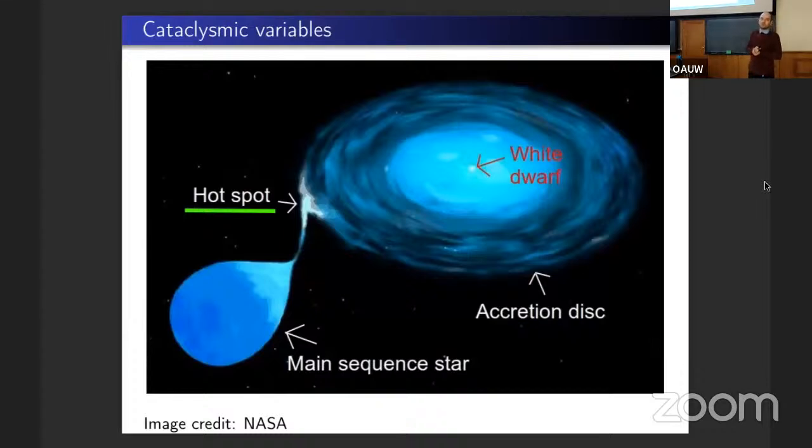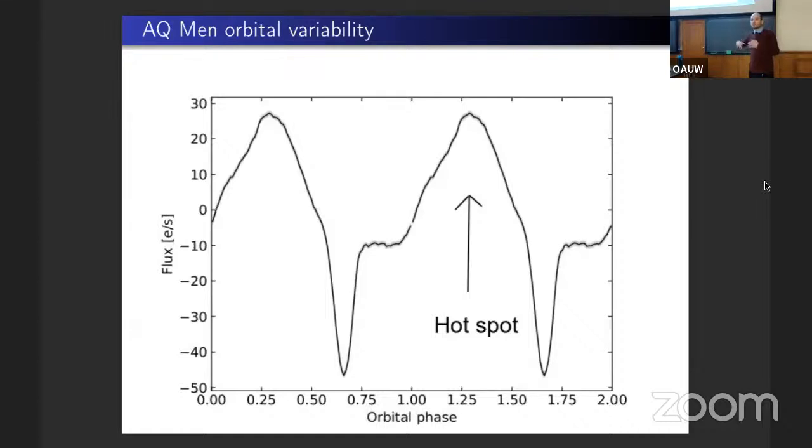So let's move back to normal cataclysmic variables with low magnetic fields. So pay attention to the hotspot, because this is a very interesting feature in cataclysmic variables. We should in principle see it in all cataclysmic variables with accretion disks. And the hotspot looks like that during the orbital variability. It just shows as a bump somewhere during the orbital period. So before there is a plateau, and at some point there is a bump. So that's why we say hotspot bump sometimes in papers.